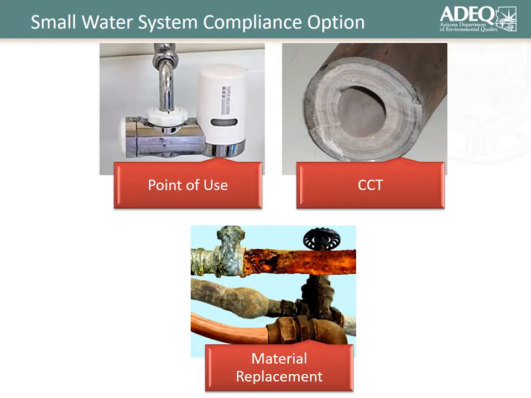The system could have the option of just installing a corrosion control treatment and having a uniform treatment option throughout their system. And if the water system owned 100% of their plumbing materials, such as a school, and in Arizona we have a lot of schools that are also their own public water systems, and hospitals, they could try and replace that material, do some follow-up sampling, and demonstrate that they have corrected that lead corrosion issue by a material replacement aspect.